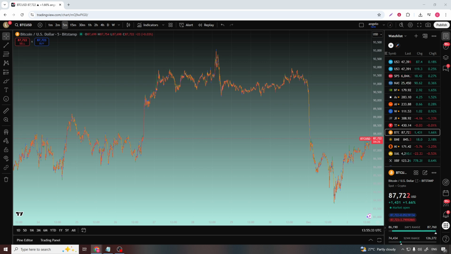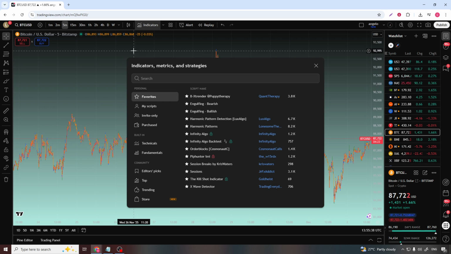Once your chart is loaded, we're going to head straight to the indicators section, because that's where all the tools and custom scripts live. On the top of your chart, you'll see a button labeled Indicators. Go ahead and click on that. This opens up the Indicators and Strategies window. This is essentially TradingView's library of built-in and community-made tools that you can overlay on your chart to get more